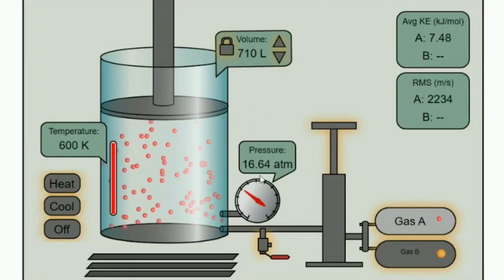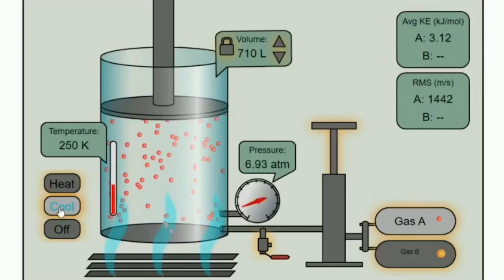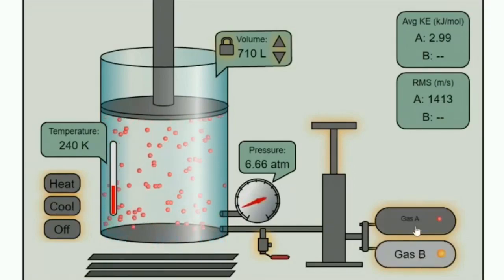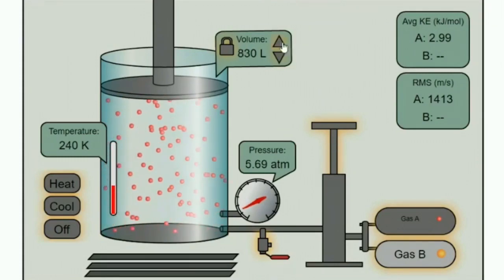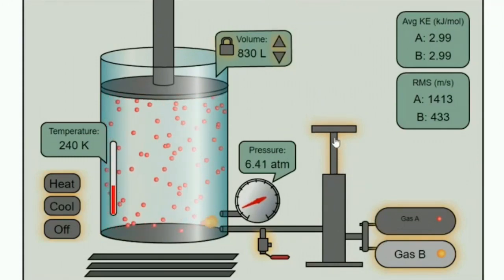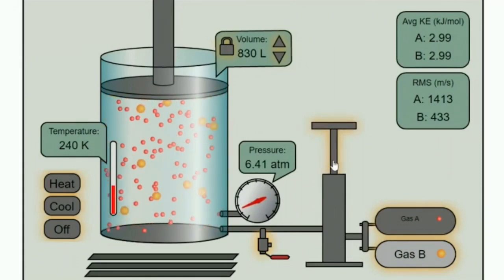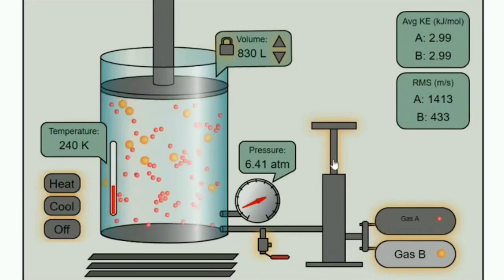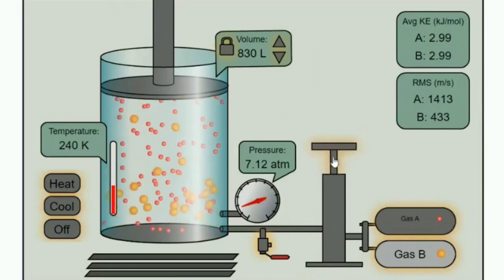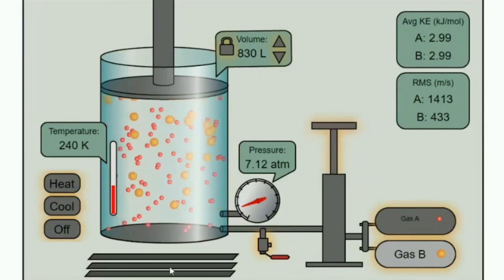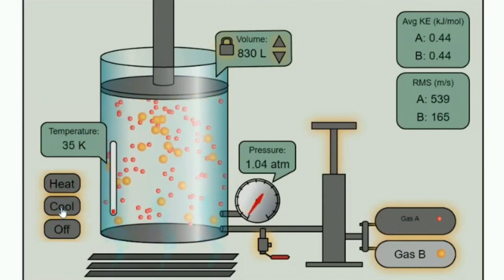By the way, let's take some of the heat off here, remove some of the heat. I just want to show you what happens when you put in a second gas. So there's one gas in there now, and let's make the volume a little bit bigger so we can see the other gas going in. Pump in a little bit of gas from the other one, and you can see, if the atmosphere that we live in has got several gases, so there's nitrogen, oxygen, all the gases that are in there, you can add more, you can see the interaction between the gases. So let's remove some of the heat and slow these down so we can see what's happening.